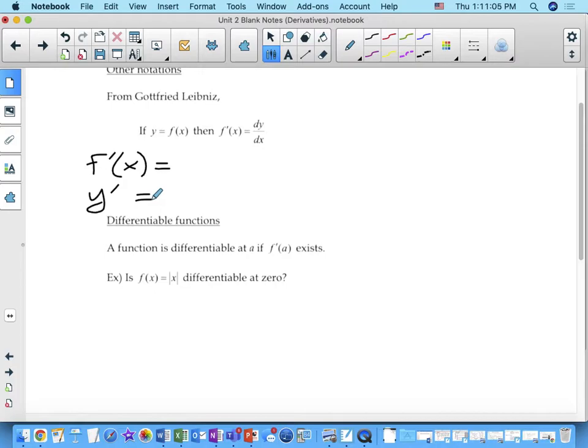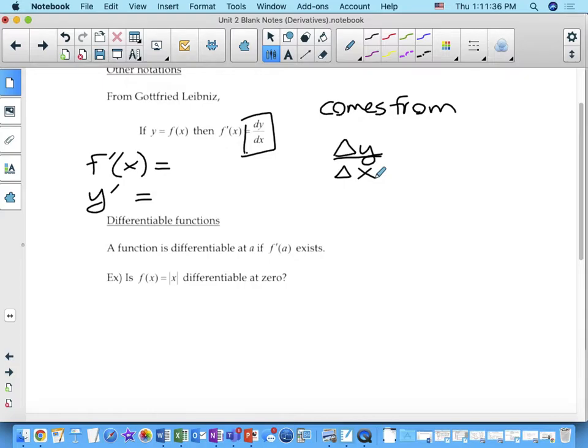But this is one that's used a lot. And this is Leibniz's notation. And this one, dy dx, comes from change in y over change in x. Okay? This one comes from delta y over delta x. So the d is kind of like a delta,